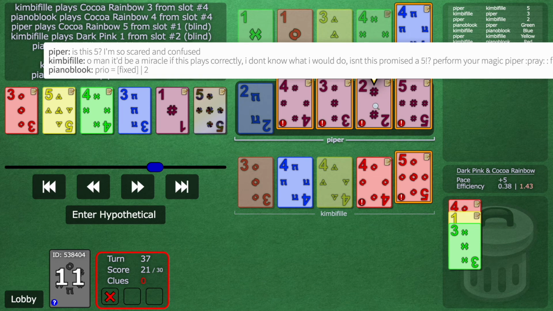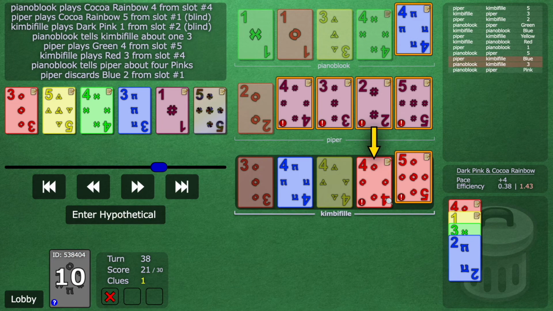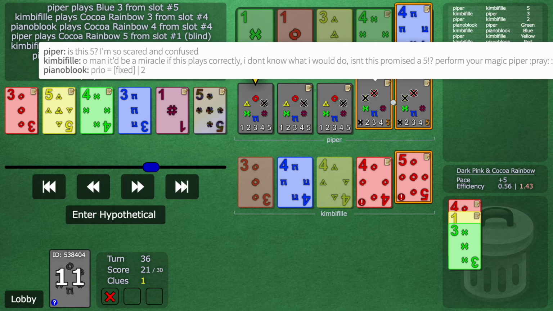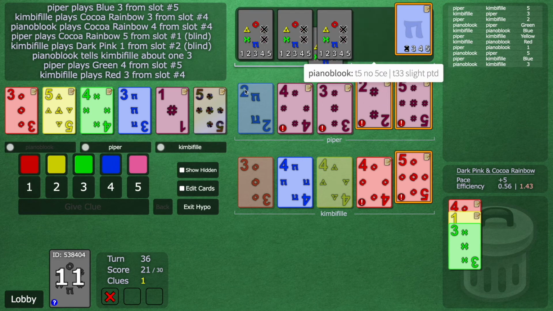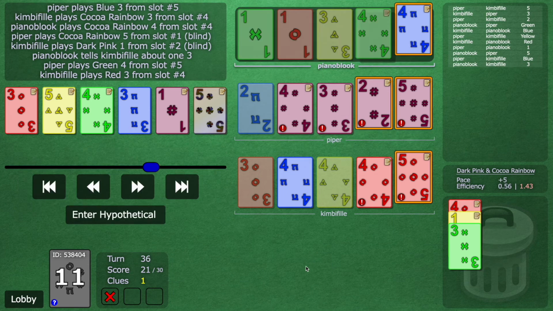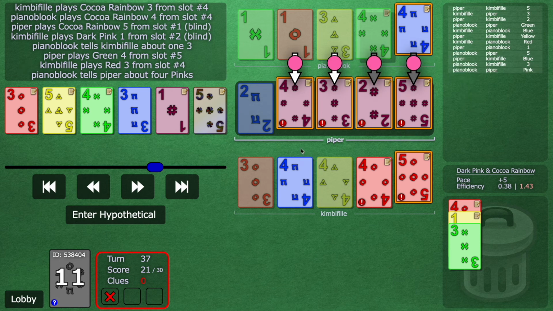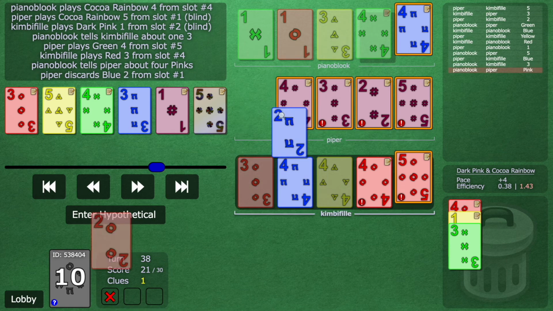Let's see. I'm curious about the notes. Piper says, I'm so scared and confused. Spoilers, we get it done. So let's see how we do it. So discard. That is too bad. Maybe there's actually an argument for me bombing this card. If I bombed this... No. That looks like a dump truck, so okay. Yeah, I must have just done the math. I'm not going to subject you all to the math here, but it looks fine. We have time to fix. So discard,